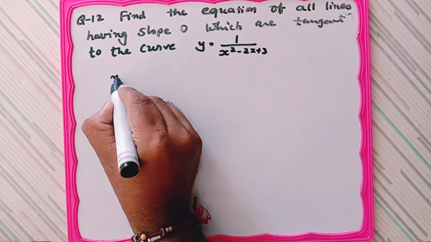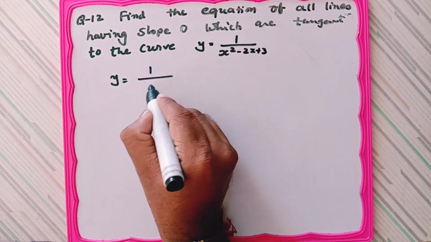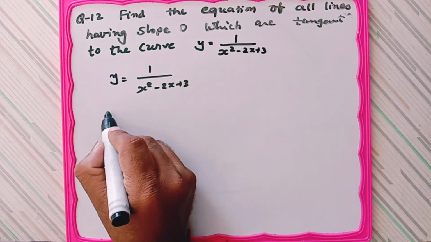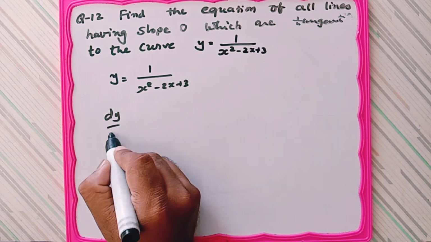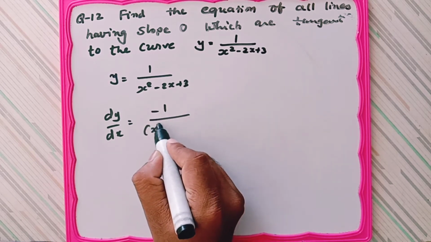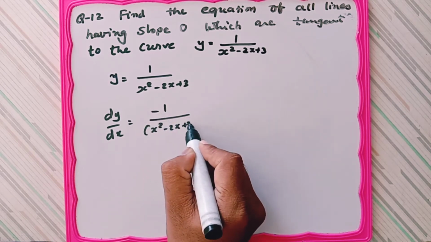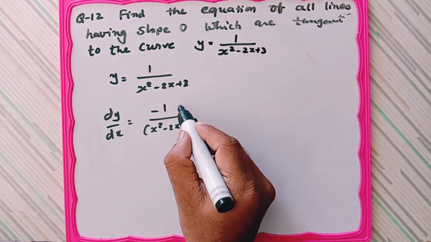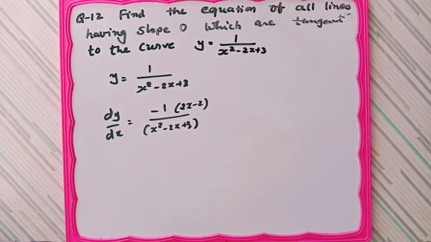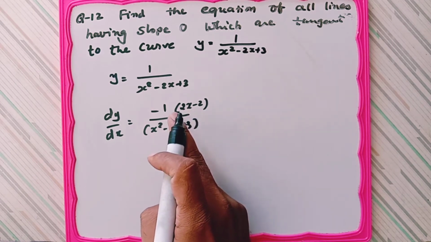Given y equals 1 upon x square minus 2x plus 3, dy by dx is minus 1 upon x square minus 2x plus 3, and the differentiation of x square minus 2x plus 3 is 2x minus 2. Now this slope is equal to 0,